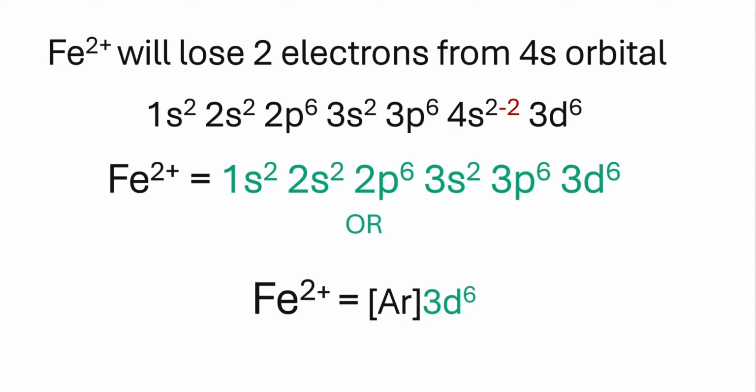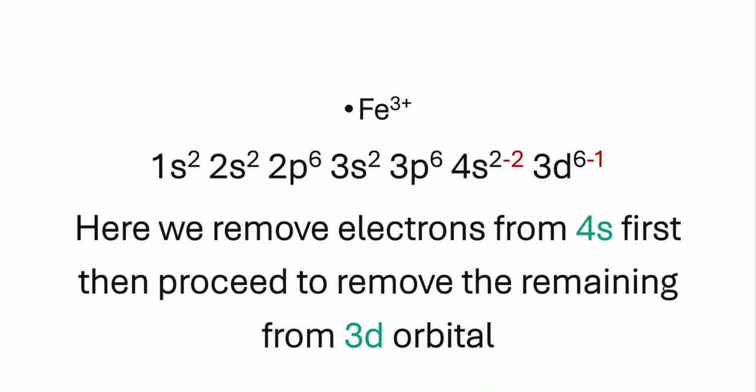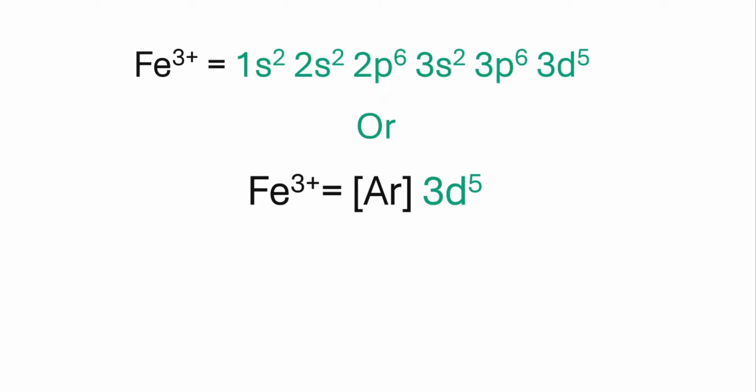So for iron(III) ion, the same method is applied as 3 electrons are removed. 2 are removed first from the 4s orbital, as that is the most that can be removed from the s orbital. Then the remaining 1 electron is removed from 3d6 to become 3d5. So altogether we have 1s2, 2s2, 2p6, 3s2, 3p6 and 3d5, or just like we did before, using the argon notation. We'll end this segment by solving some